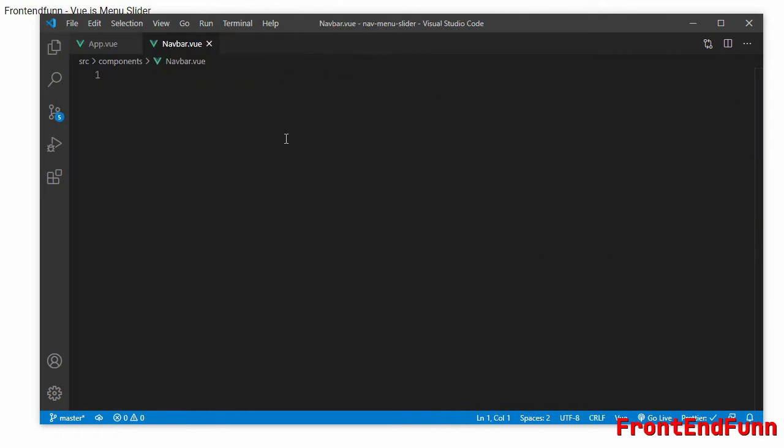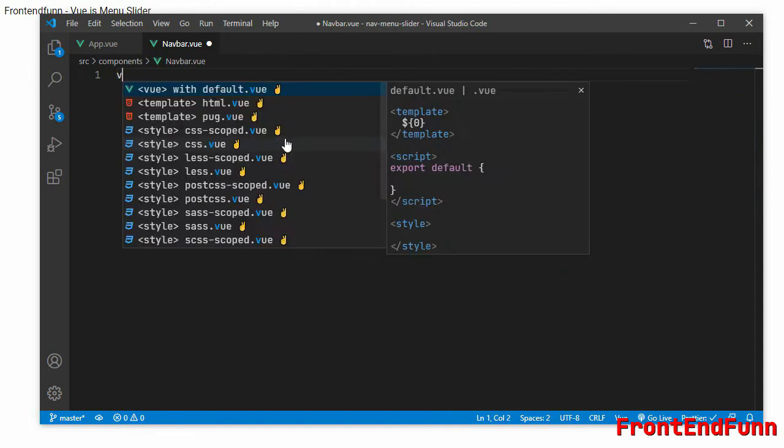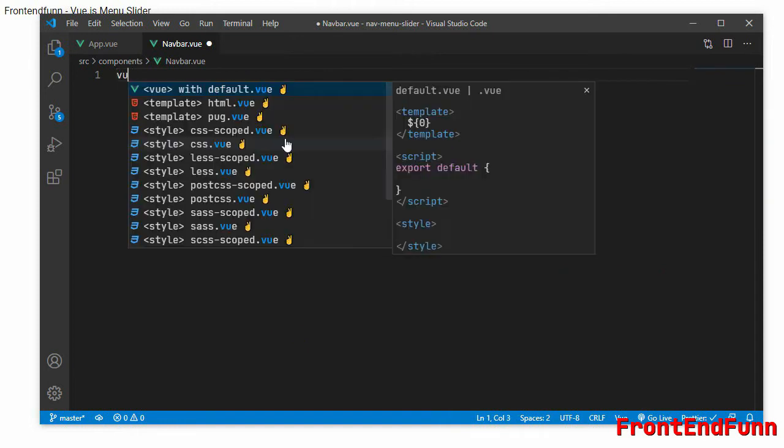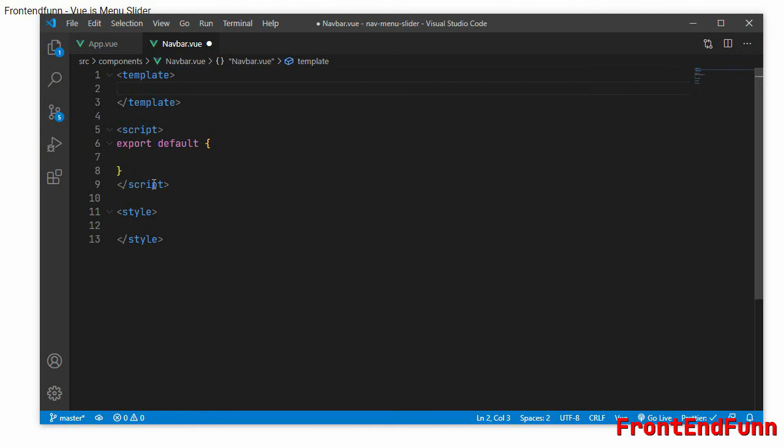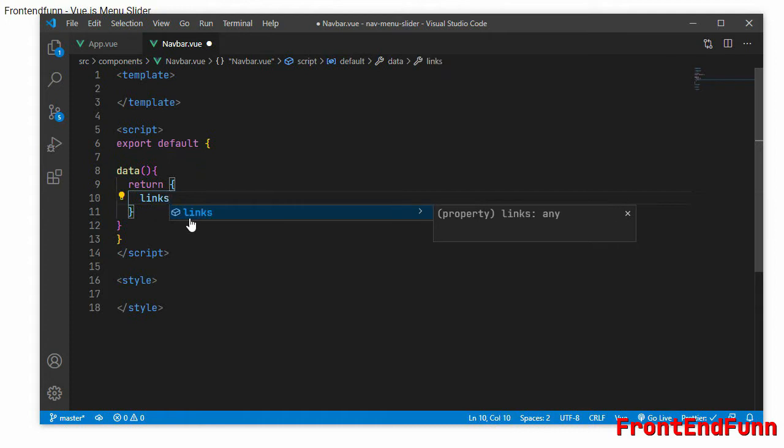Inside the Vue component we'll be creating a Vue template first, and first let's write a data property. It should return an object. This object will contain a few items here. Links, so these are the links.